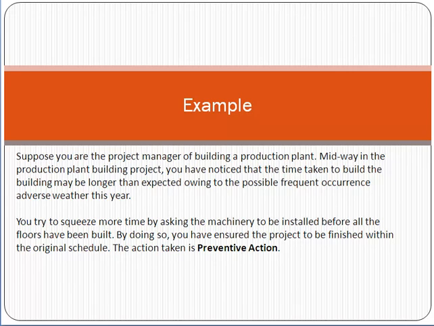Friend, in the daily life of project management there are so many examples we can notice or apply. However, the main objective, the main approach of preventive action is that we have to take actions proactively in project management so that if anything goes wrong, we take the action before, in prior. So this is the concept of preventive action. It should be proactive. And remember friend, one thing: as a project manager, your preventive action should be very good, because as a project manager we have to ensure the successful delivery of the project. So if you take the preventive action on time, obviously there are high chances that you can complete the project on time.